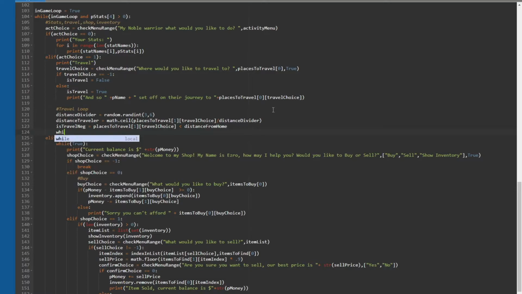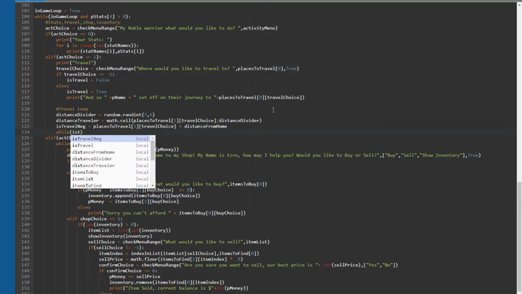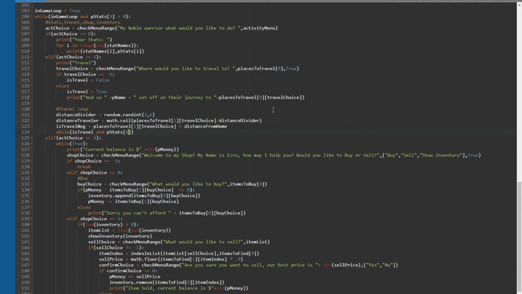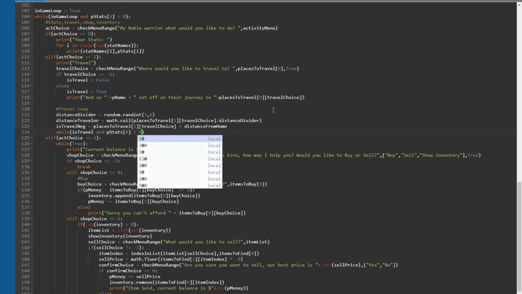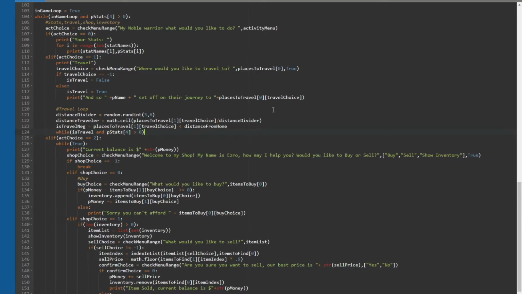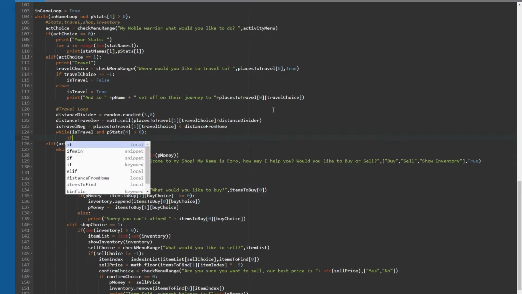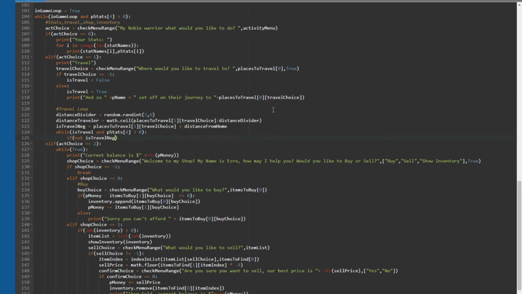So now we're going to do while is_travel and P stats for, which is our health once again, is greater than 0. Greater than 0, not equal to, because if it's 0, then they should be dead. So we're going to say while P stats 4 is greater than 0. Say if not is_travel_neg. So this basically says if we're not negatively traveling,